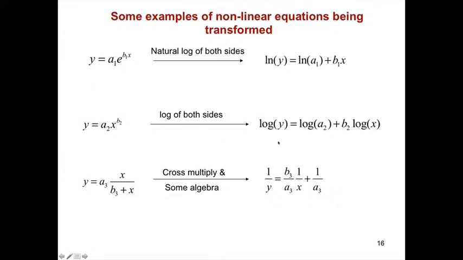And if I take any logarithm, natural or log 10 or whatever it is, of both sides of this equation, I'm going to get that log y is log of this first parameter plus b2 times log of x. So essentially, log of x and log of y are assumed to be linearly related, because I can take this as a new variable uppercase X and new variable uppercase Y,